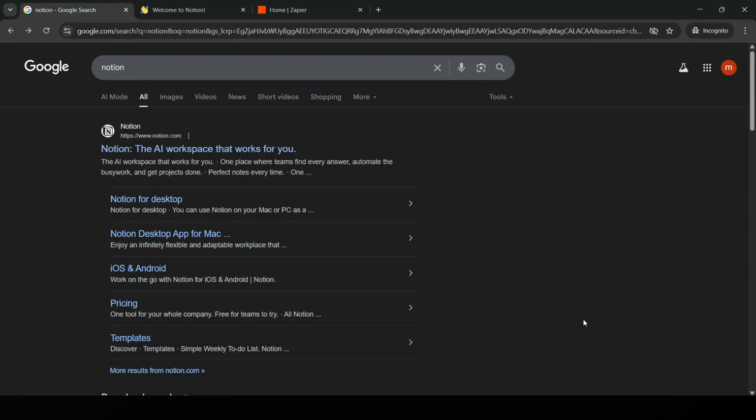In today's video, I'm going to teach you how to copy a database in Notion. Notion is an amazing tool that combines note-taking, task management, and database organization, all in one place. It's incredibly versatile for personal use, team collaboration, or managing complex projects. But sometimes, you might want to replicate a database to use it in another space or for a different purpose